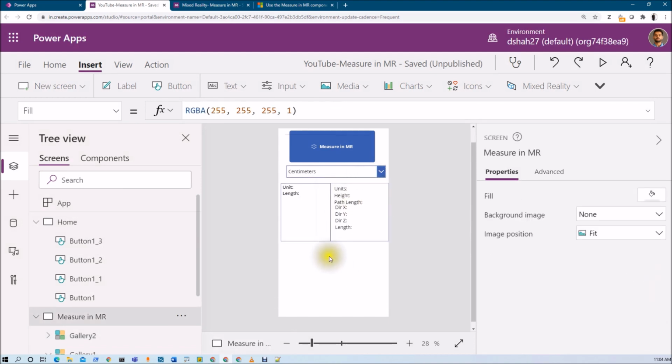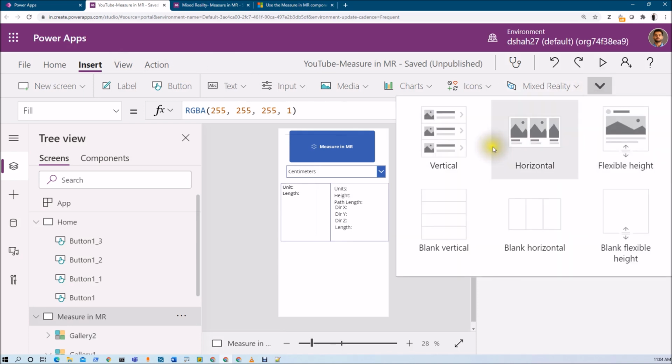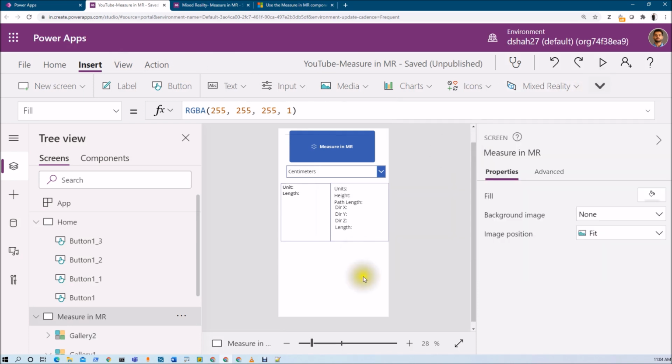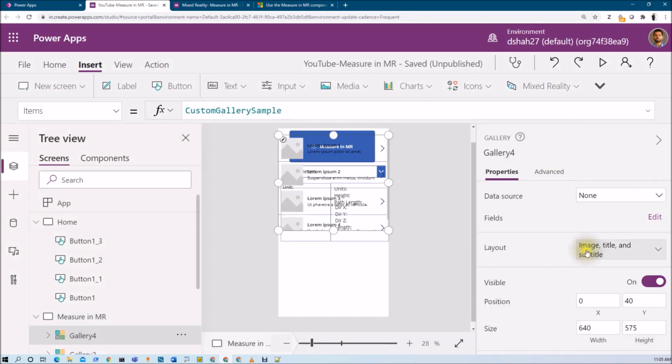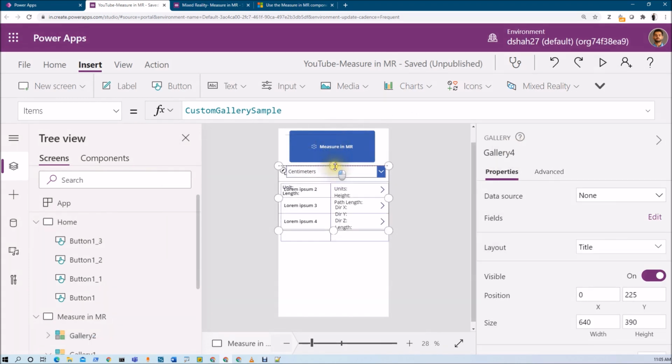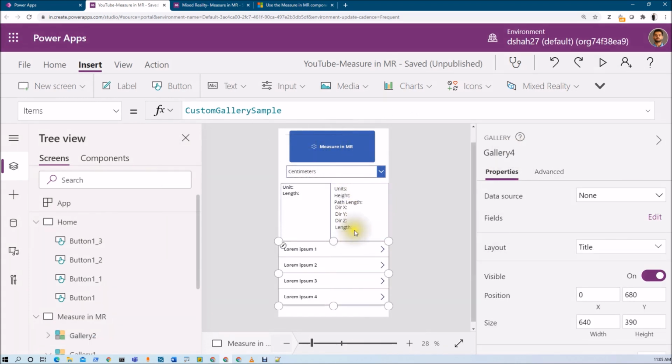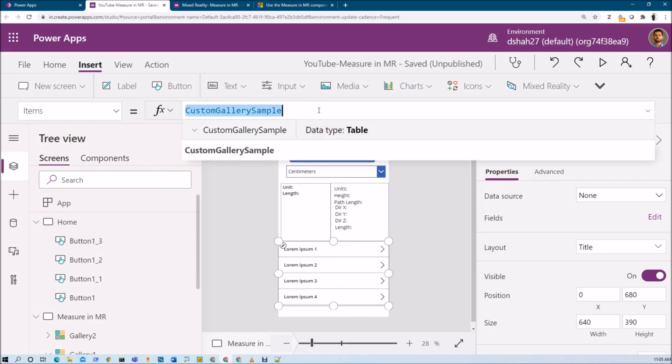First of all, what you need to do here is go to the insert menu and click on the gallery control from here. So I'm just adding the vertical gallery from here. Now we just need to set this particular thing as a title over here and remove some unwanted things from here, right? Now, in data source we just need to provide